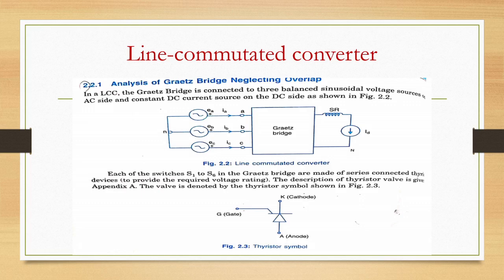Once the thyristor switch is turned on, it can be turned off only when the current through it goes to zero and there is a minimum commutation margin, when the voltage across the thyristor is reverse biased, that is, voltage at terminal A is negative with respect to K. In modern high voltage thyristor devices, which are rated at 8 kilovolt and above, the margin required may be hundreds of microseconds.